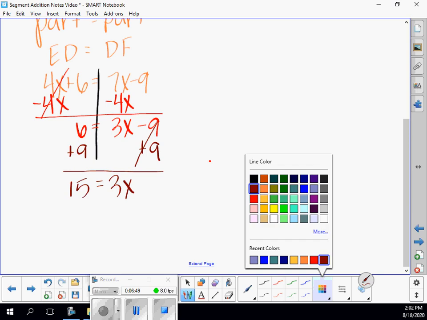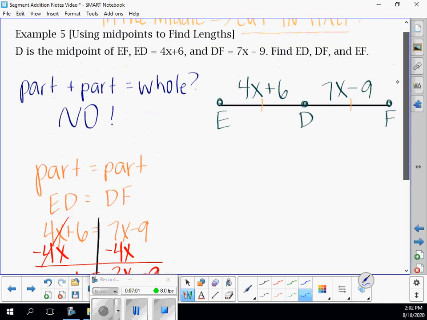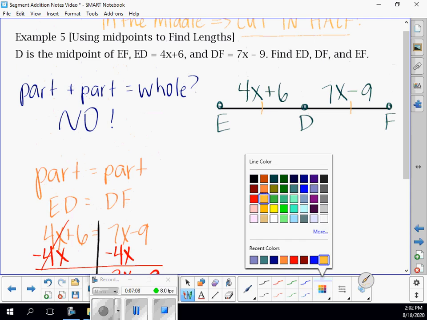Again, the only thing attaching that to it is a multiplication dot. So I must divide by 3. And x equals 5 again. Now, is that what they asked for? Nope, they asked us to find every single part of it. Well, if I'm finding ED,